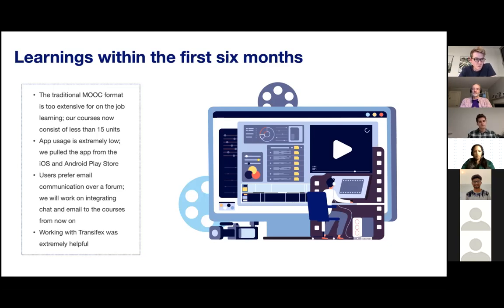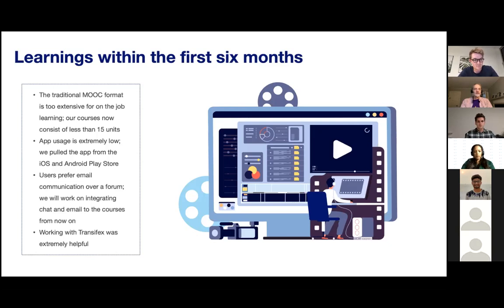And one thing we're thinking about right now is we know that these users prefer to have email communication over working within the discussion forum, especially in the course regarding government grants, where it might be sensitive information. If you have a question regarding your grant process, you don't want to share it online. So we're thinking about how we can integrate email and chat more privately into Open edX. That's the thing we're working on right now.